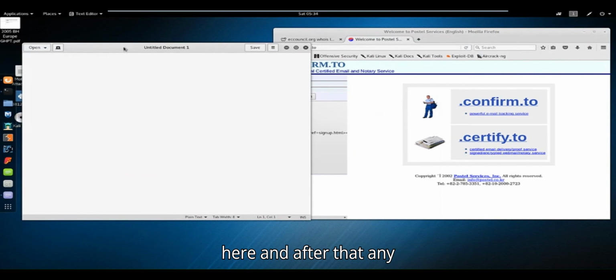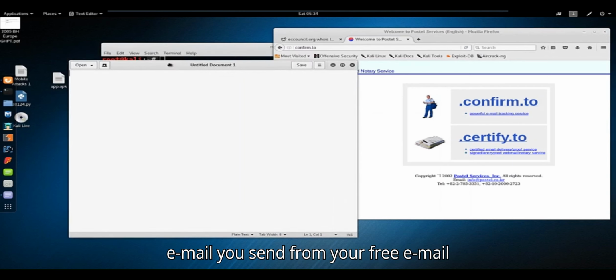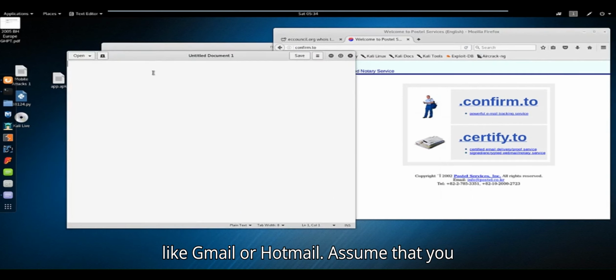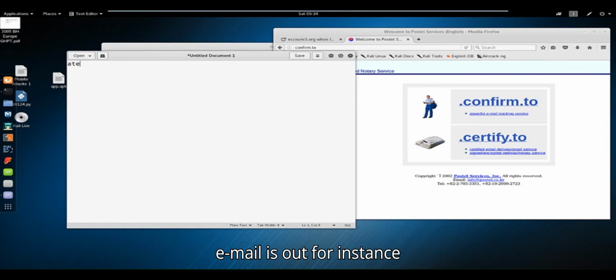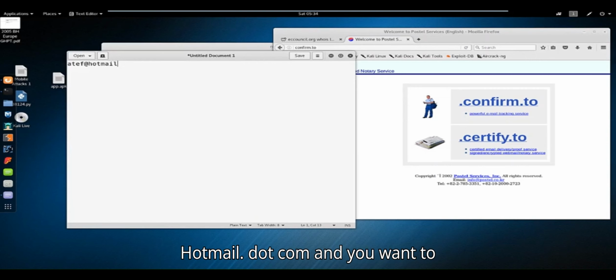The point is you go and create an account here. And after that, for any email you send from your free email like Gmail or Hotmail, assume that you will send me an email and assume my email is Atif, for instance, at hotmail.com, and you want to send me an email with tracing.